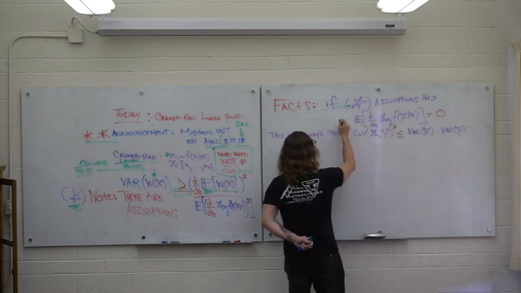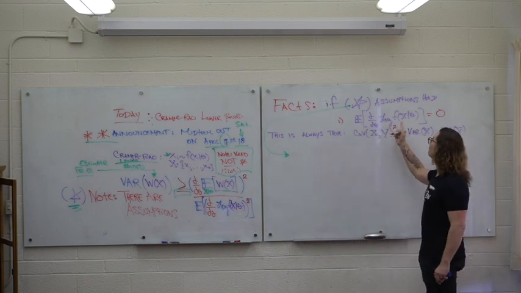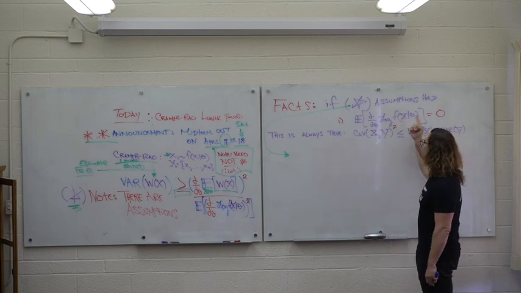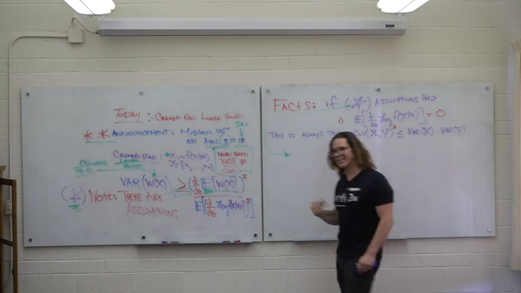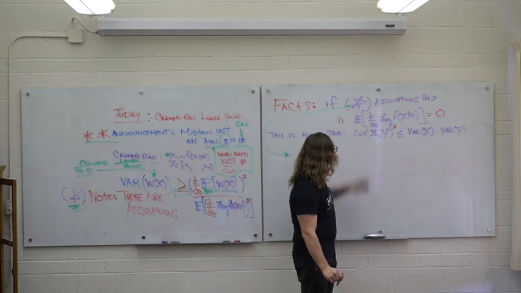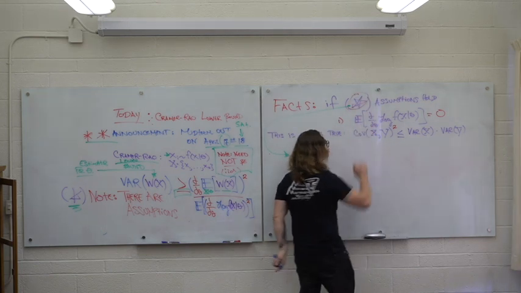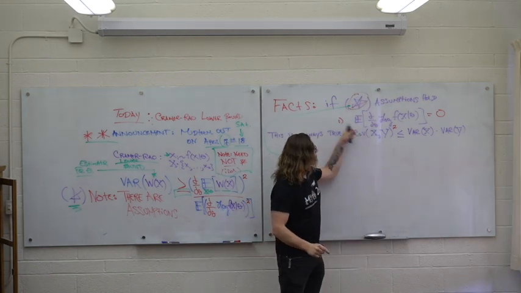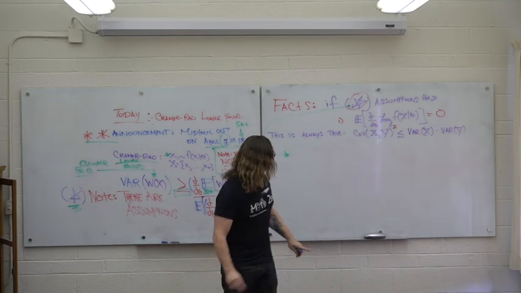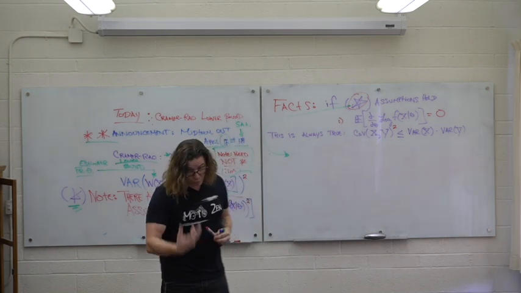Fact one is the expectation of the derivative of the log likelihood, if you will, operating on theta, is equal to 0 once I integrate out x. So this is true, and that's true if this assumption holds. So the original assumption needs to hold, that I can slide this derivative inside and out. And if that assumption holds, then this is true. And you can prove that to yourself. We'll prove it in just a moment.